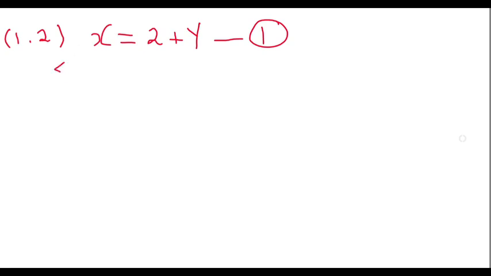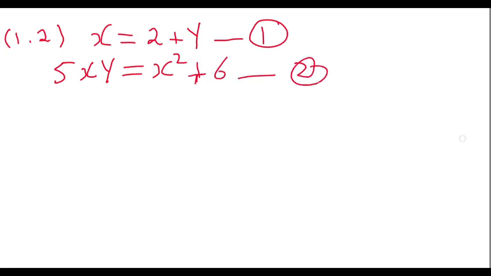So which means 5xy, this is a product, is equal to 6 more than the square of x. So 6 more than the square of x is going to be x² + 6. So this is my equation number 2. Now we need to